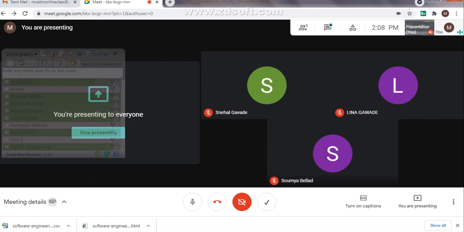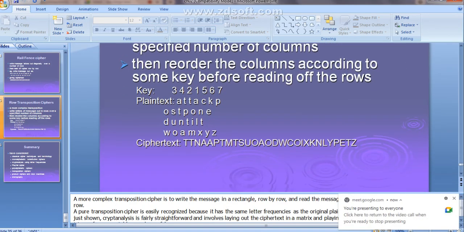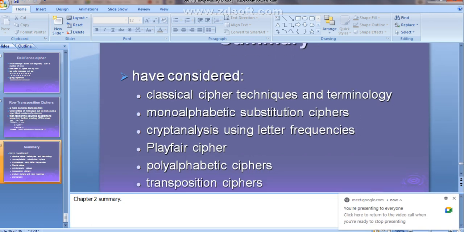Is that clear? Both the techniques are clear? Transposition, rail fence, and the row transposition technique. Is my screen visible for you? Is the Jamboard clear, visible?